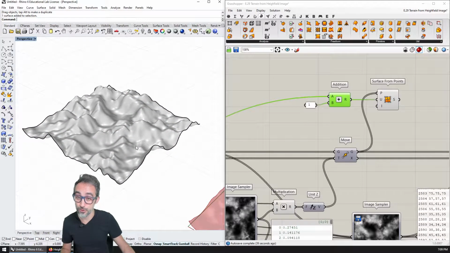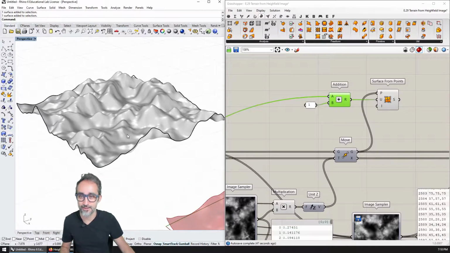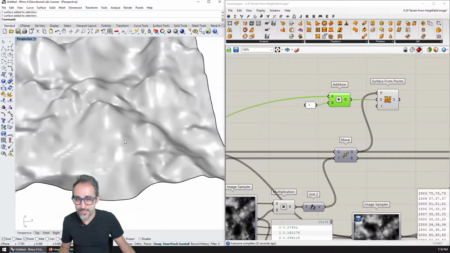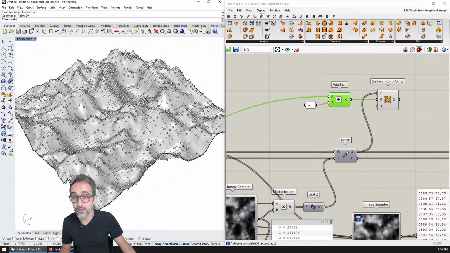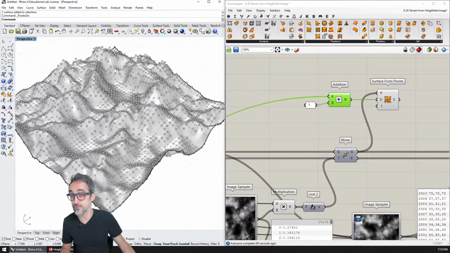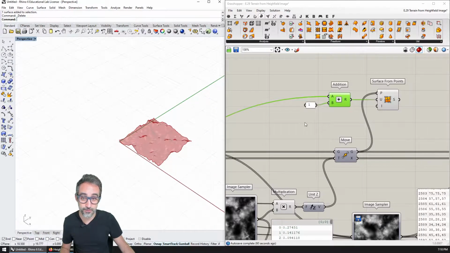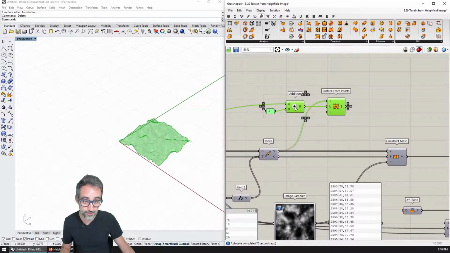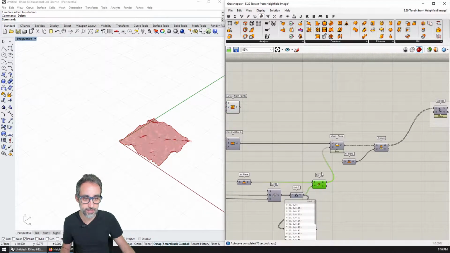So this is an actual NURBS surface, albeit one with a lot of definition and where the polynomial is probably crazy to figure out, right? But yes, so that works. And if I actually click F10, you can see how many control points this surface has. This surface is probably really heavy in memory right now. Anyway, so what I can do now is I can use this surface that I just created to subdivide it with all these planes that I just created here.